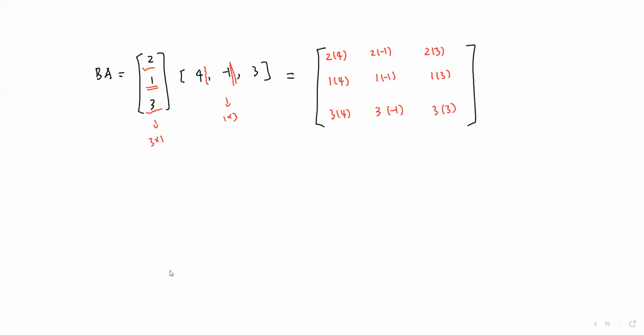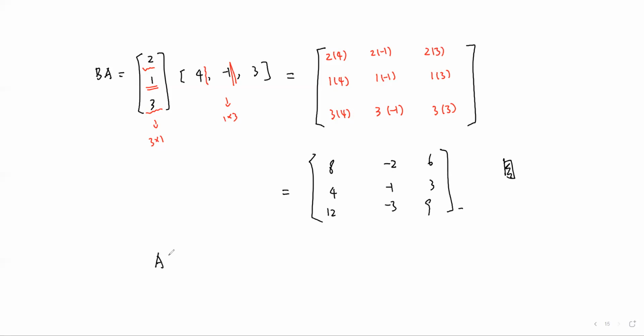So the answer is this. 8, -2, 6, then 4, -1, 3, then 12, -3, 9. Done. From this example, we can see that